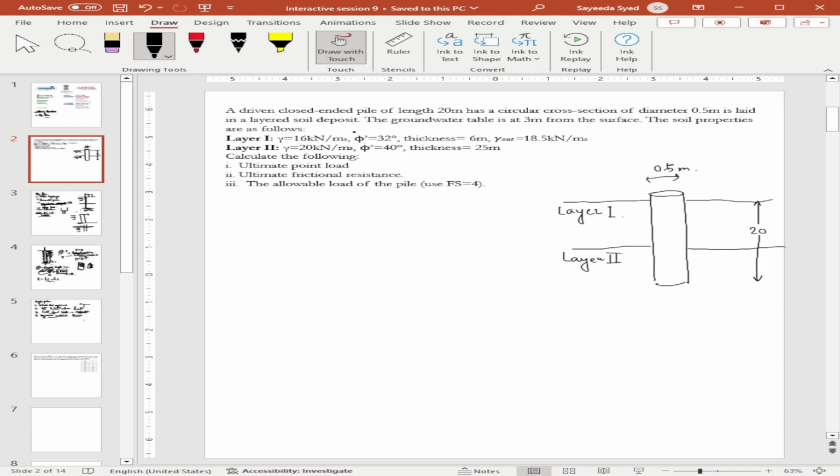Gamma sat 18.5. For layer 2, gamma is 20, phi is 40,